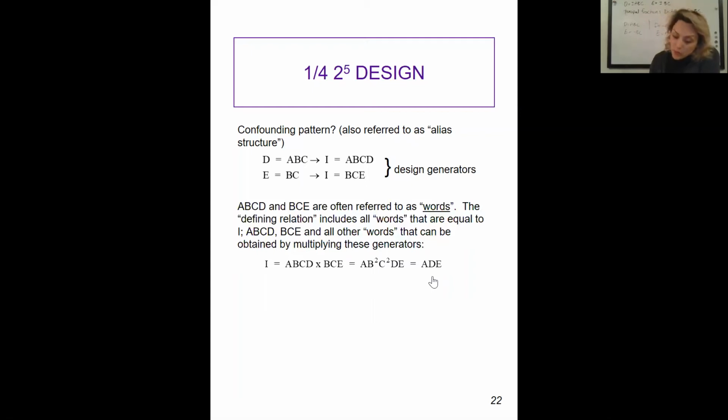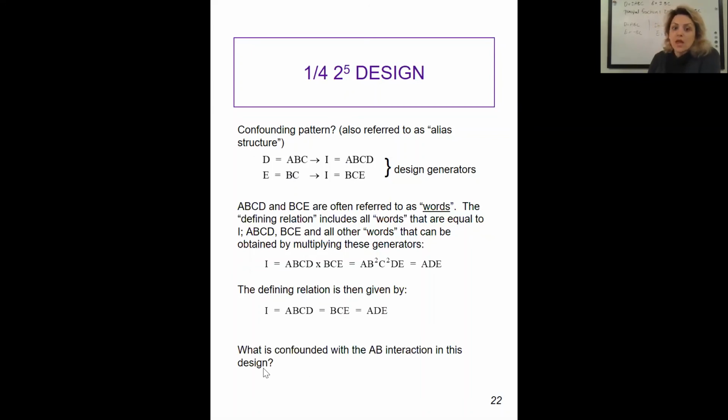So whenever we have more than one design generator, when we want to find the defining relation, we need to multiply the initial defining relations that we get. So the defining relation is then given by ABCD that we found here, BCE that we found here, and ADE, which is the multiplication of these two. So now what is confounded with the AB interaction in